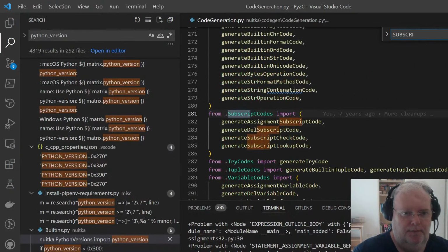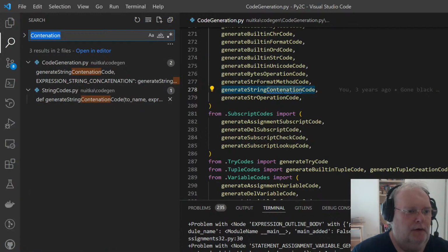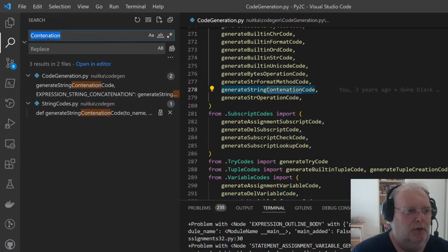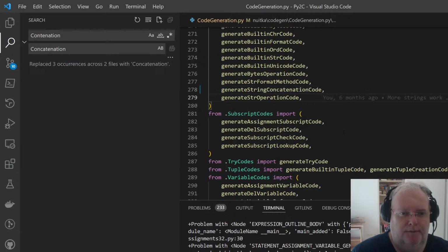Subscript continuation code. Yeah. Continuation. Concatenation is correct there. It's only here. Concatenation. I hate these things. Much nicer.